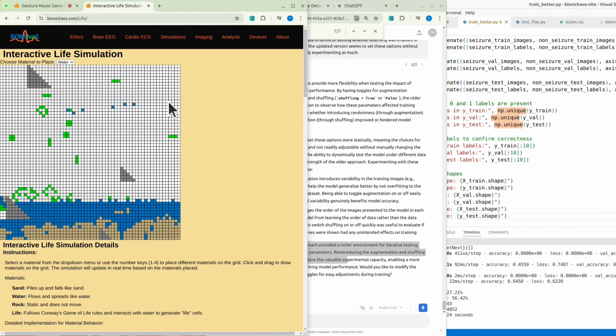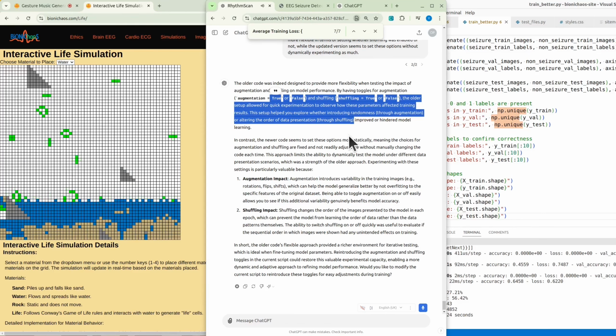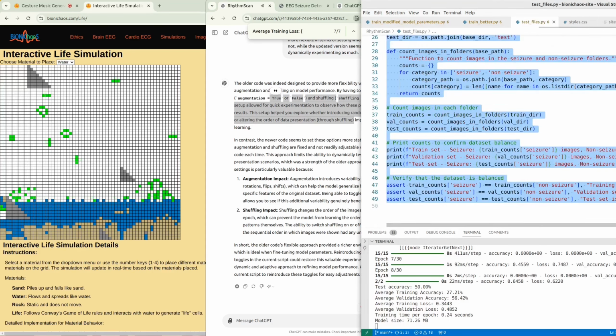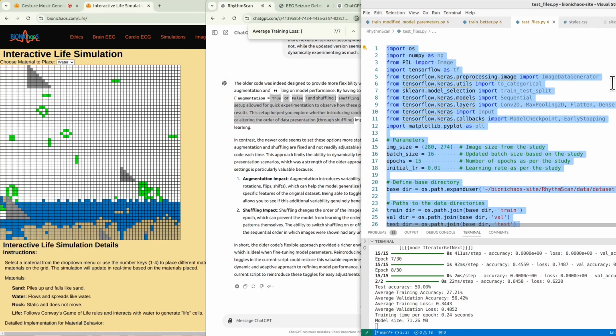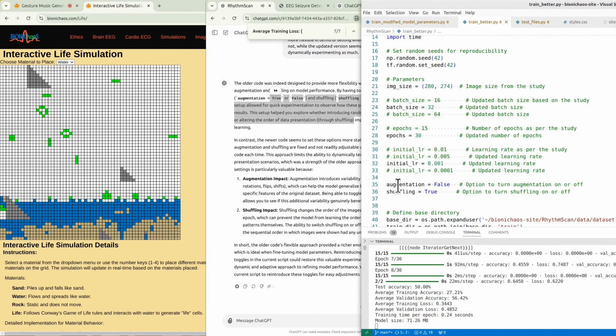The older code was indeed designed to provide more flexibility when testing the impact of augmentation and shuffling on model performance. By having toggles for augmentation equals true or false, and shuffling equals true or false, the older setup allowed for quick experimentation to observe how these parameters affected training results. This setup helped you explore whether introducing randomness through augmentation or altering the order of data presentation through shuffling improved